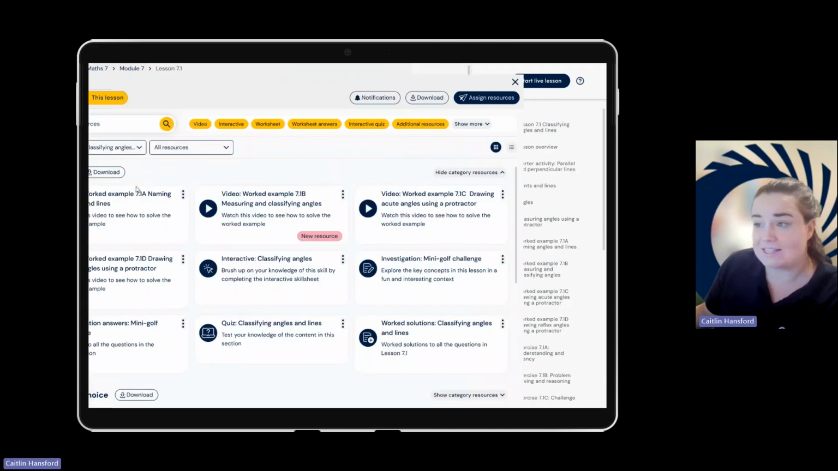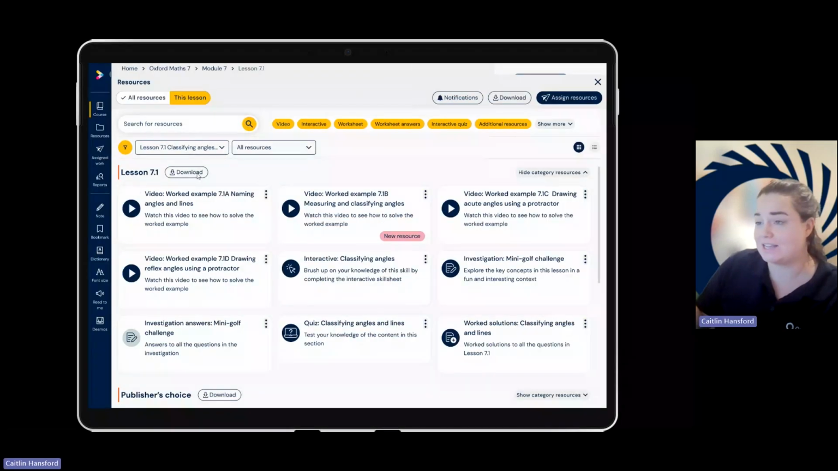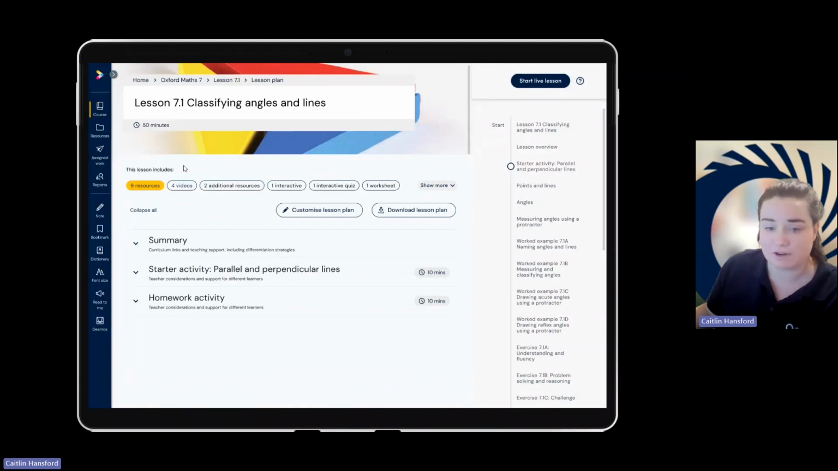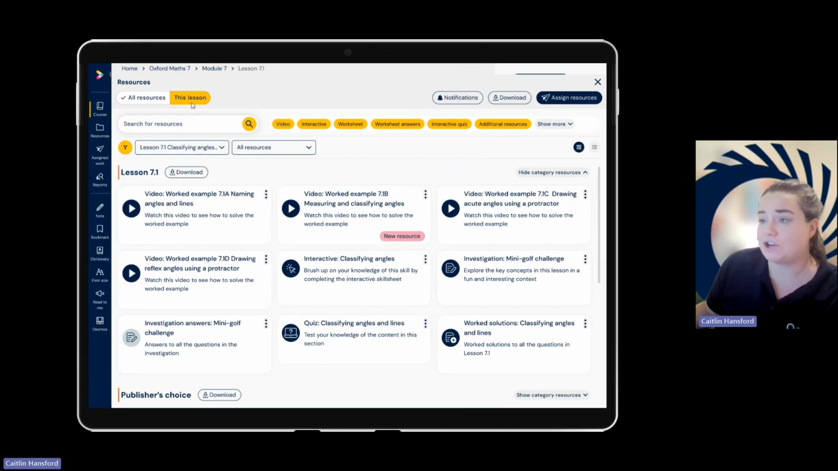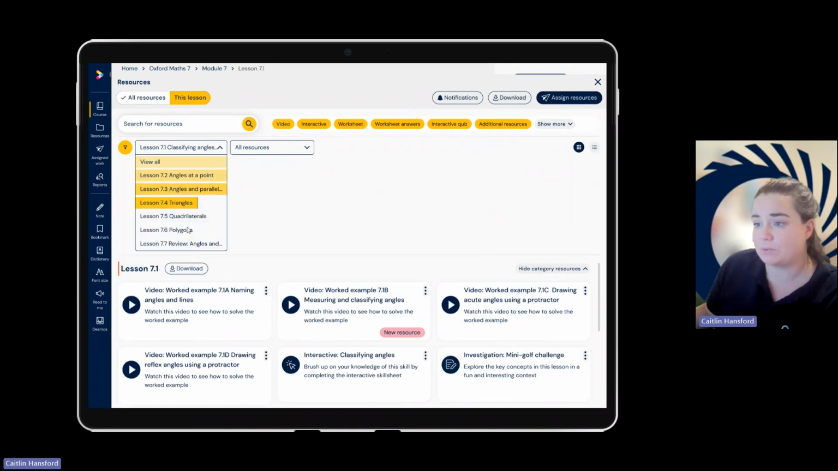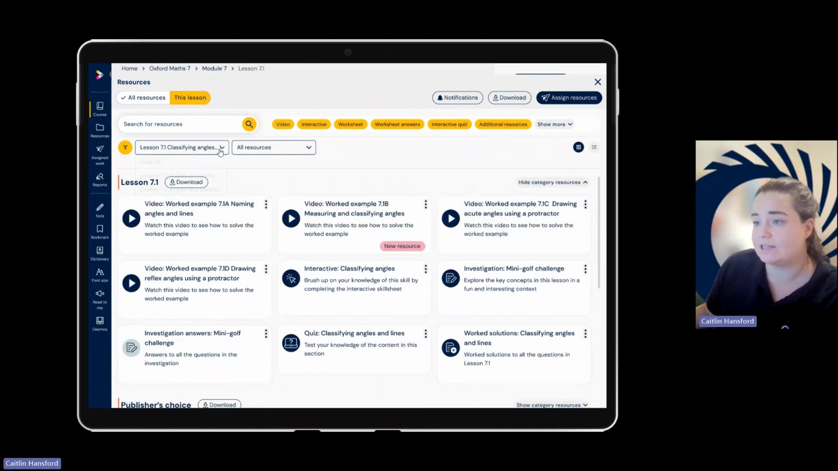We've got an amazing set of resources. This easily just pops in and out from the page you're at. You're not having to reset or re-find where you were in the platform. This shows you this lesson's resources. You can see all resources for the entire book, or you can see resources for an entire module or, like I said, chapter. This allows you to search for resources, search by type, search by a particular lesson, and allows